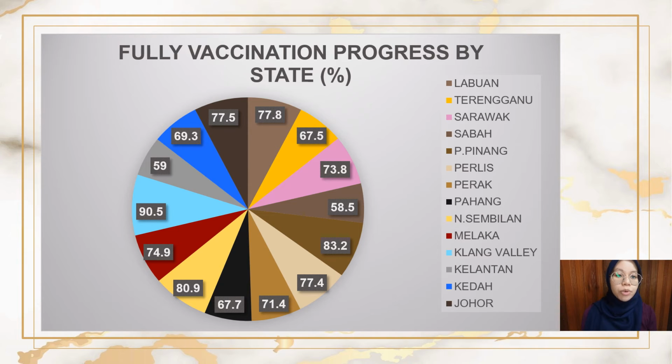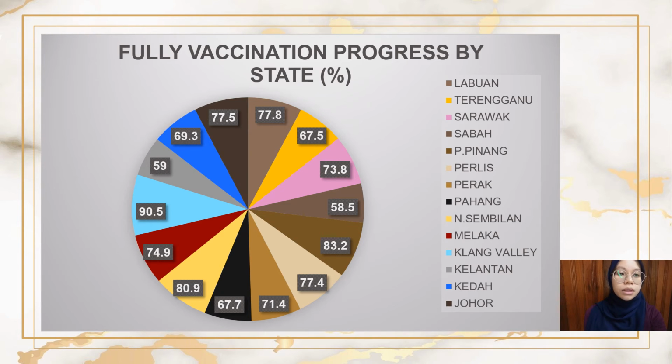Now, vaccination progress in Malaysia is already 75.6% on 10 November 2021. So, this pie chart shows the fully vaccination progress by state from 18 May to 10 November 2021. Labuan 77.8%, Terengganu 67.5%, Sarawak 73.8%, Sabah 58.5%, Pulau Pinang 83.2%, Perlis